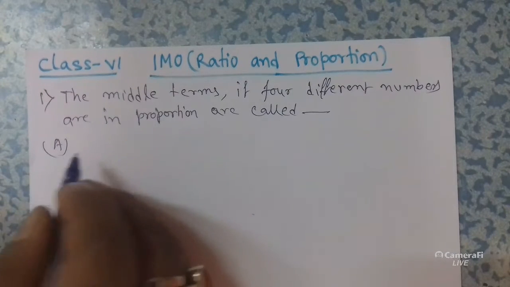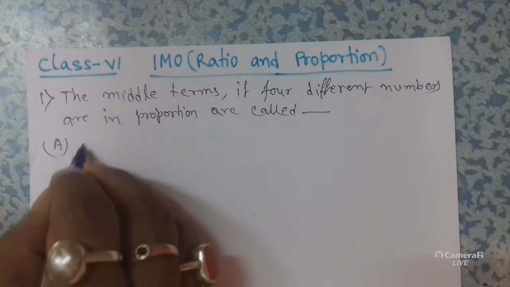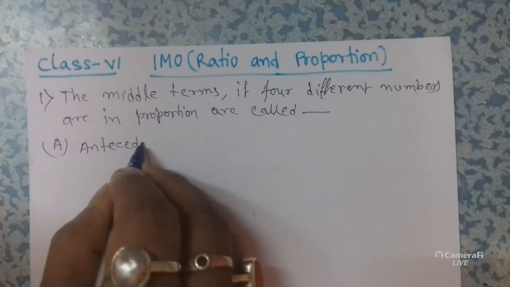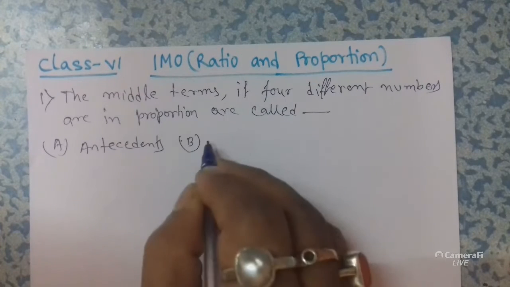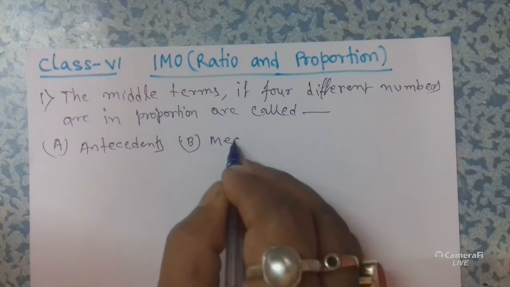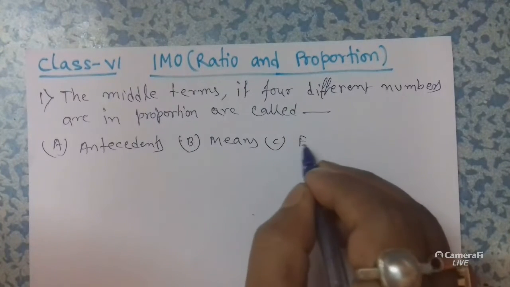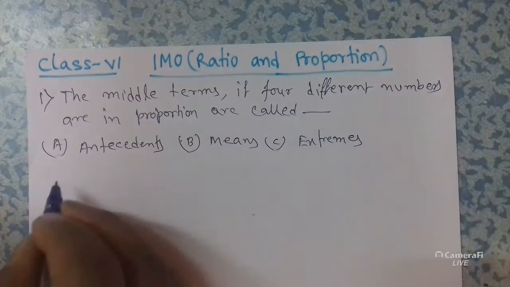The four options are antecedents, means, extremes, and